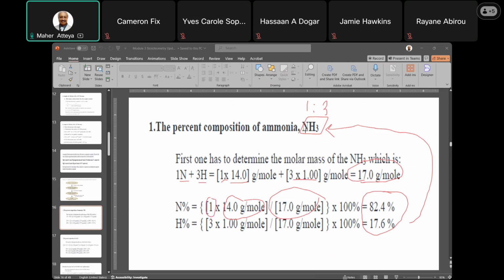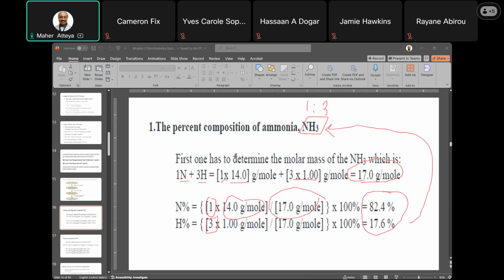Nitrogen is 1, correct? And hydrogen here is 3. So you have three atoms of hydrogen and 1 atom of nitrogen. And that's what you do for nitrogen: 1 multiplied by 14 divided by the whole molar mass, 17 grams. You get 82